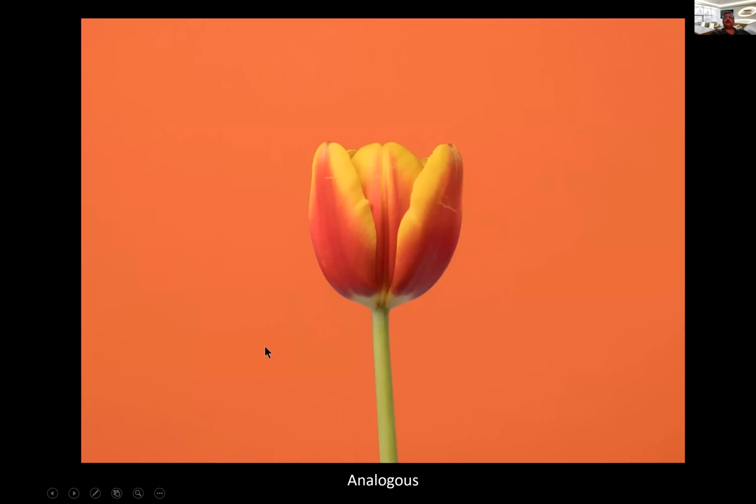Okay. Now coming to the harmonies as such, I'll explain about different types of color harmonies. The color harmonies, as I explained initially, are a mixture of different colors, which basically gives you a perfect amalgamation of colors. Now, this is one example of what is called analogous color harmony. Analogous is a group of colors that lie directly adjacent to one another.